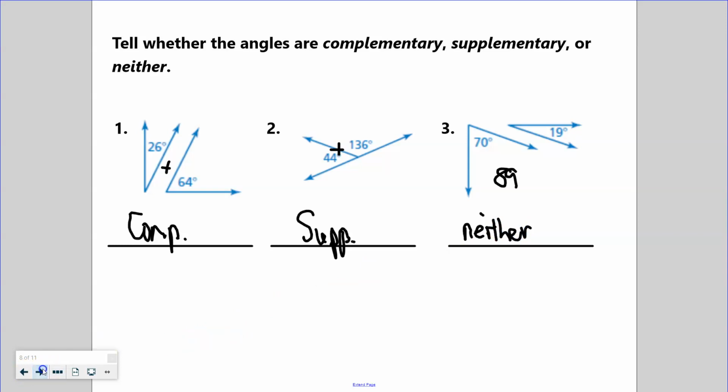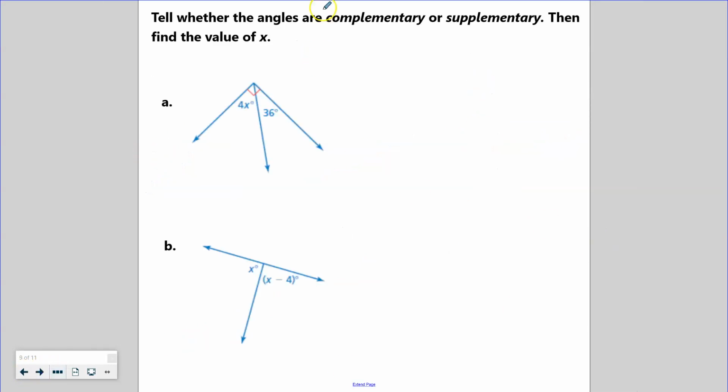Tell whether the angles are complementary or supplementary, and then find the value of x. There are two parts here. I see right there that these are going to be complementary, so I know they're going to add up to, you guessed it, 90 degrees, right? So all I have to do is set both of these angles equal to 90 degrees. So 4x